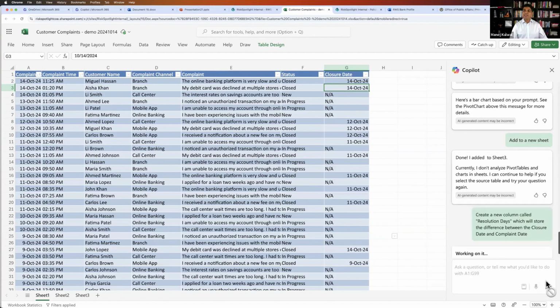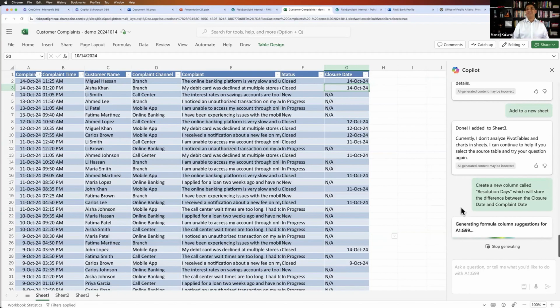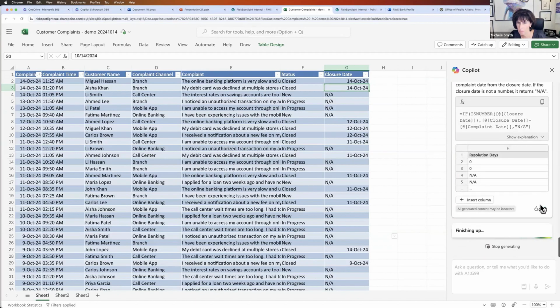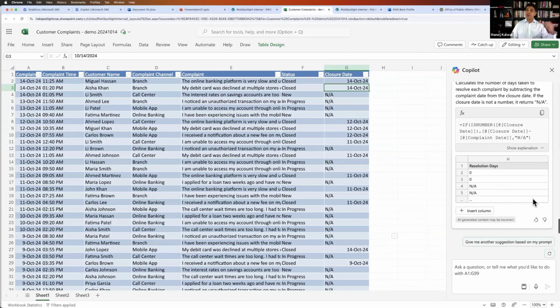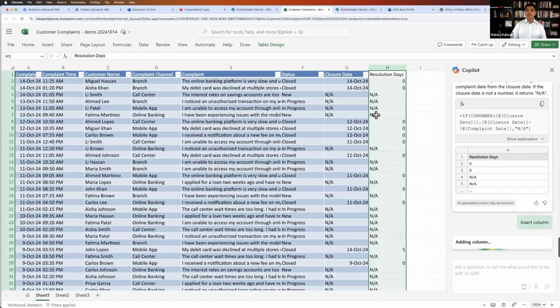So if I submit, it'll then work out the formula and create the new column for us. So turnaround time basically from open to close? Yes. So from when we got the complaint until we resolve that complaint. Yeah, that's so great. Resolution days. That's very good. If I click on insert column, then it'll add